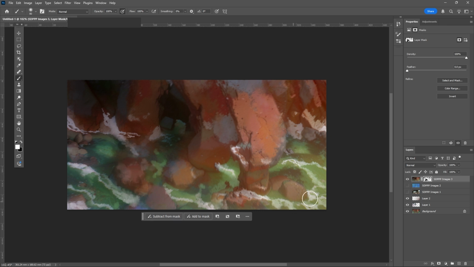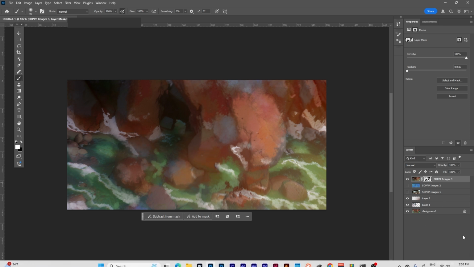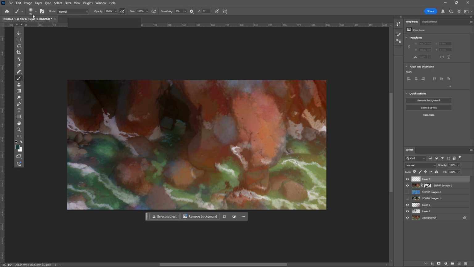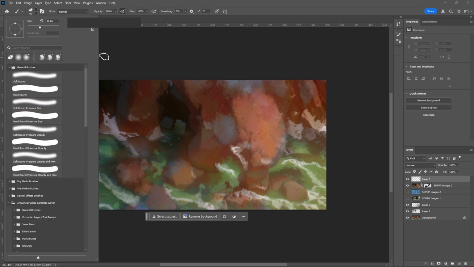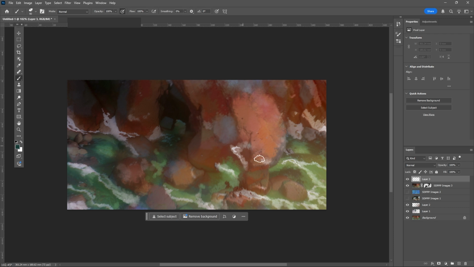But yeah, so anyway, the way the workflow should work is if you want to maintain a little bit more control over what you're doing, then you just use this tool to paint in a few details where you want it, so that you maintain some control over what you're doing. So let's add a new layer. Get my paintbrush back and put in a few more details and fix a few things I don't really want. Okay, so